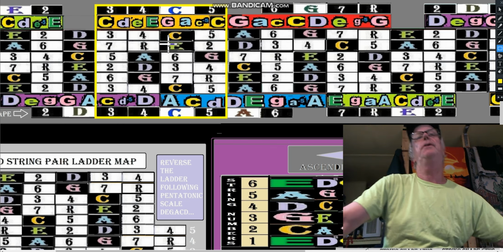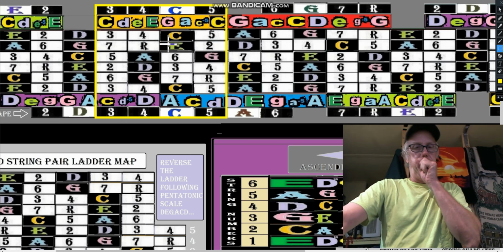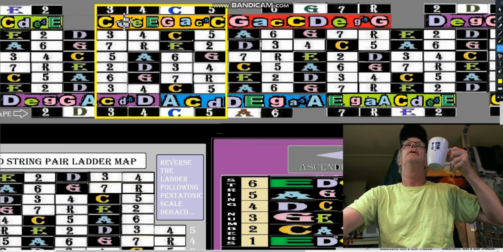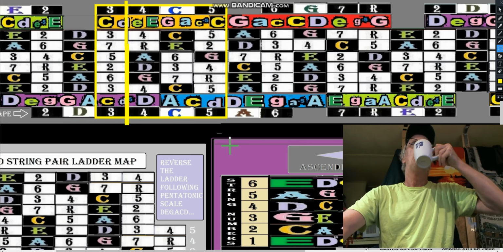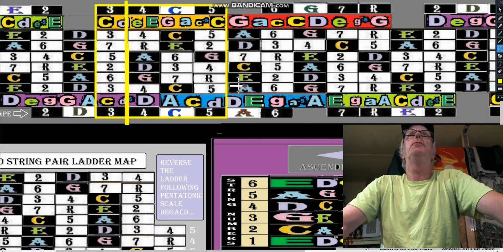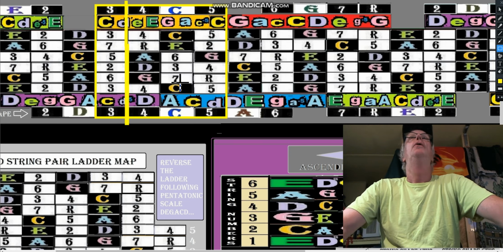So that's a new way, if you want to know what those string shapes are, it's so easy now. Just look at the C box where your fret nut will be right here. That fret nut will be right here. And if you want to know what the string shapes are, you have to know how you're going to remember which is C, which is G, which is D, which is A, and